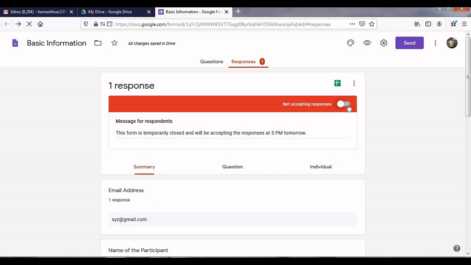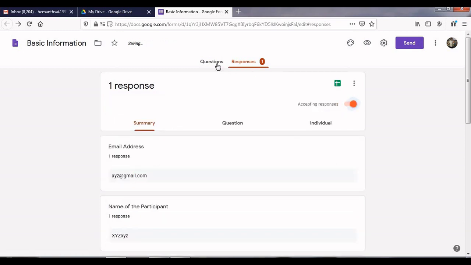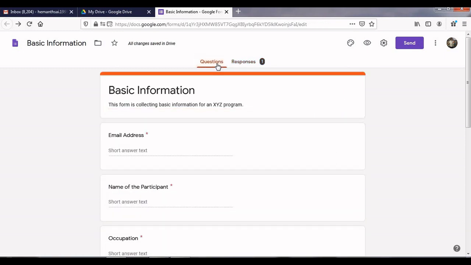And make sure that if you want to permanently close this form after your program is completed, please edit this message, because the respondents will get confused why they are opening the form again at 5 p.m. tomorrow. Fine. This is all regarding the basic information Google form, which is generally used for the registration for an online program.